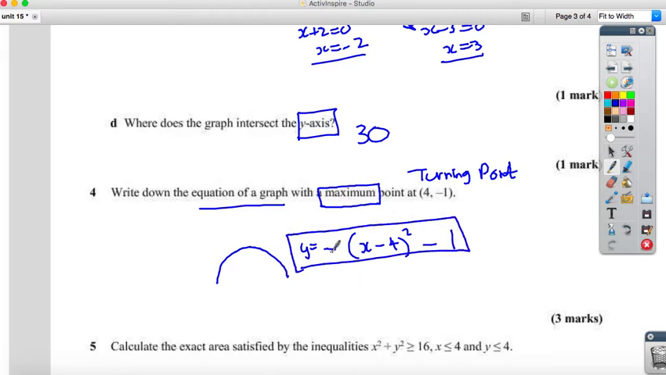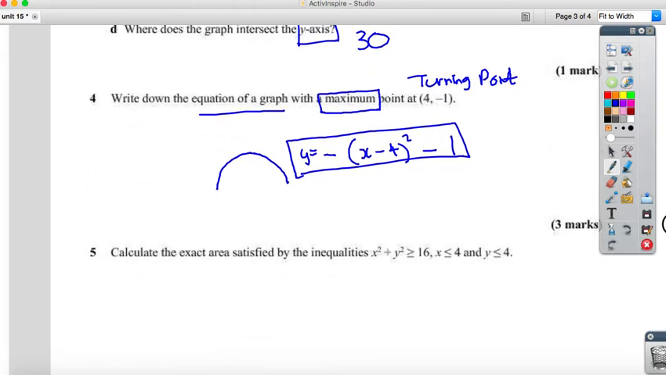Because it says the equation of a graph, it must be y equals all of this stuff. So recap, minus, because it was a maximum, which means it has to be this way up. The x minus 4, the reason it's minus 4 is because it's got a 4 here and it's always the opposite sign. And the minus 1 is the same sign. Right,